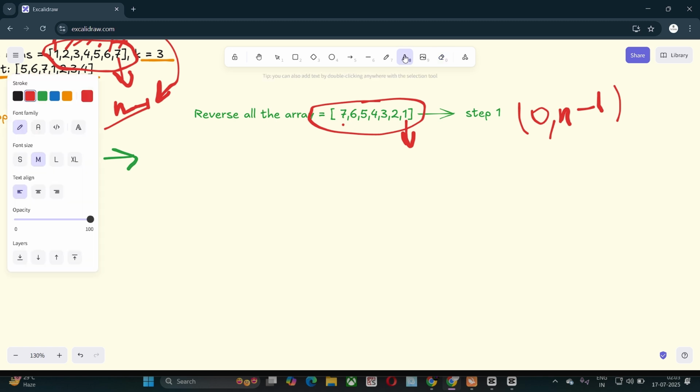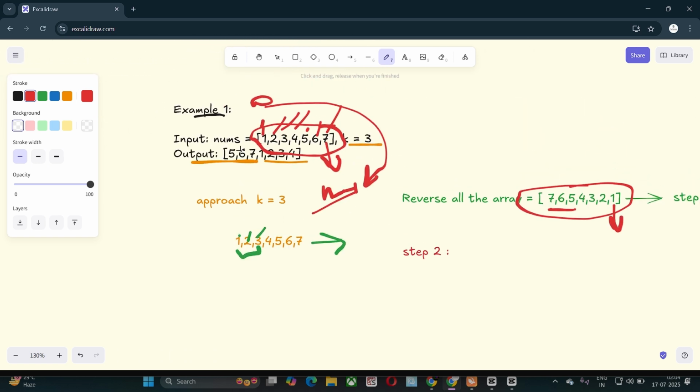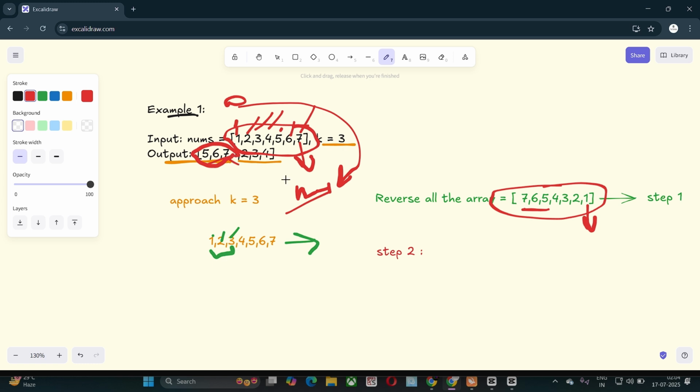If I traverse 7, 6, 5 in reverse, I get 5, 6, 7, and it matches our output.